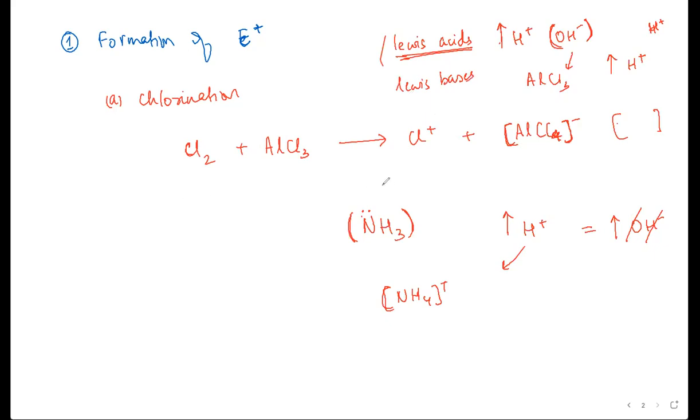And this is a property that's not shown by every base or every acid. Is the taking away of OH minus or H plus shown only by Lewis acids and Lewis bases, or is it shown by everyone? No, basically the end goal is that acids are substances that have an increased concentration of H plus as compared to OH minus. It's just the way that happens that is different.